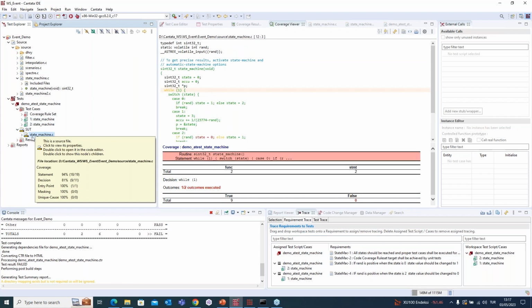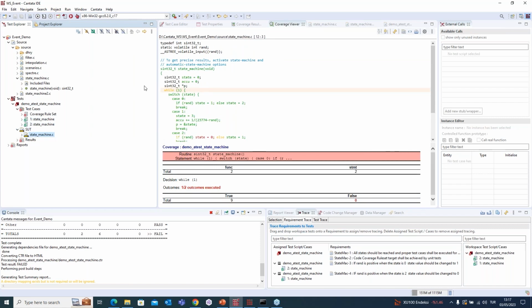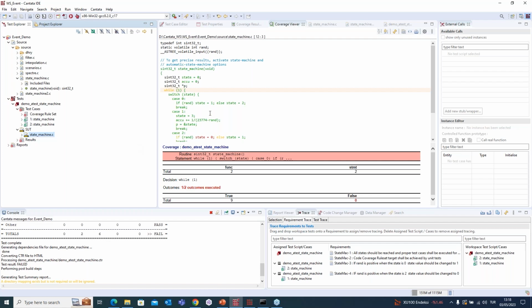Let's look at the reason now. If I click the suite part and state machine, the file that I am analyzing, you will see the coverage report. And if I mouse over, you see statements 94% covered and decisions 81% covered. Here you see different colors. As I also mentioned in MISRA, a good static analysis or dynamic analysis tool needs to help you during your understanding of the results.